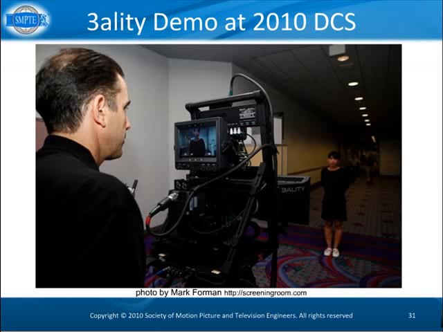And what I found was this was actually quite good. I found no ghosting. I got a good stereo sensation, and at least from where I was sitting, which was up in the front row and off at an angle to the screen, it was the most comfortable 3D that I had seen during the entire Digital Cinema Summit. So